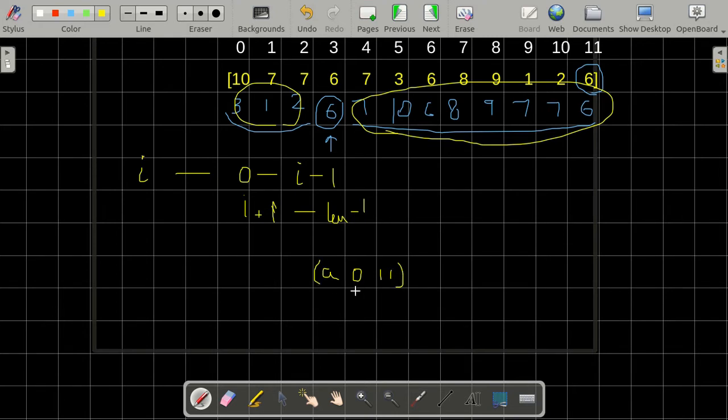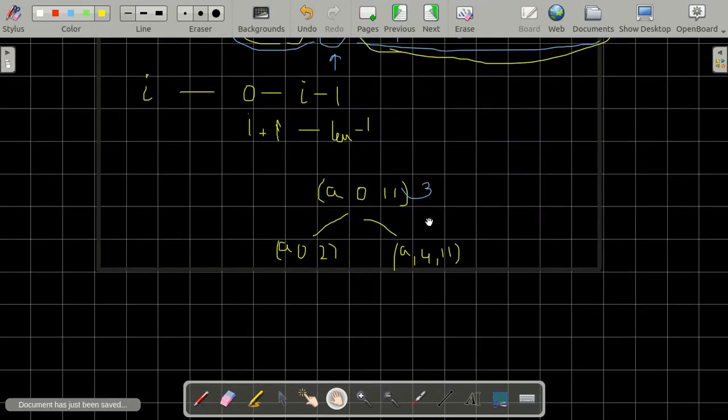Now suppose the pivot we get is 3, so the next calls will be A 0 to 2 and A 4 to 11. We are not including the index 3, as that element is already sorted, so there is no need of calling any function for that particular index.